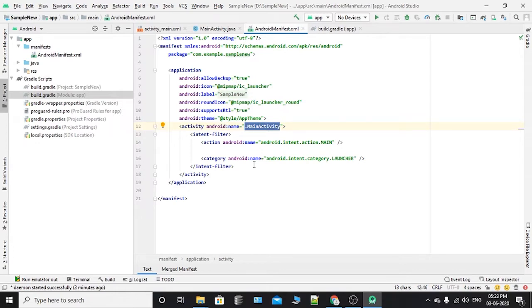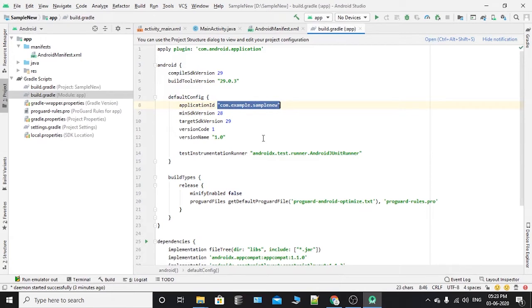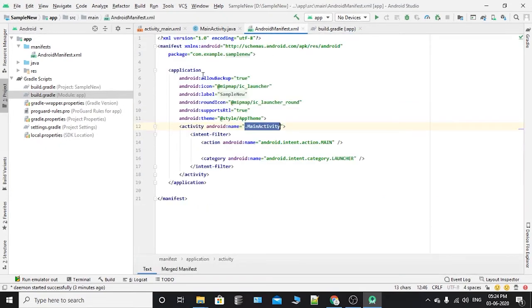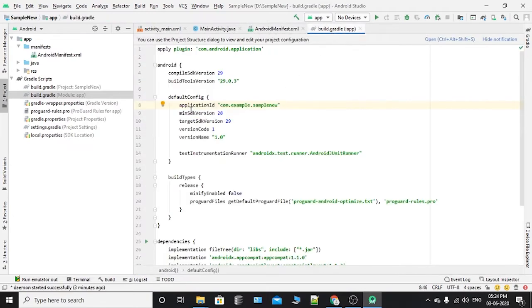Once the APK is compiled, the package attribute also represents your app's universally unique app ID, which means this one. So it says that package name and application ID should be same. First it will come through package name, and once we finish the app, it will go to application ID.